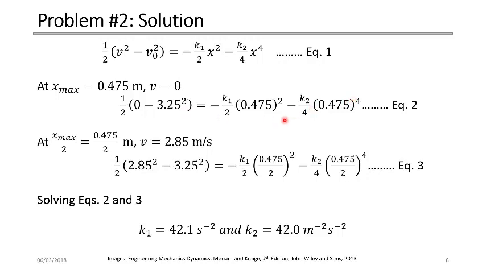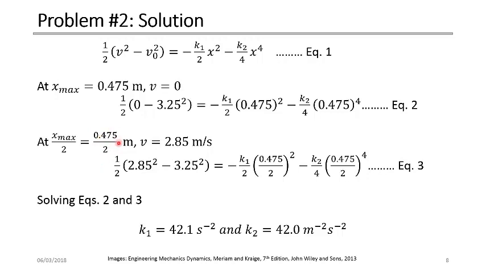You see here that in this equation we have two unknowns, k1 and k2. So we still need one more equation. If this is our equation number 2, we still need one more equation to solve for k1 and k2. The second condition was that at the mid maximum displacement, which is x max divided by 2,